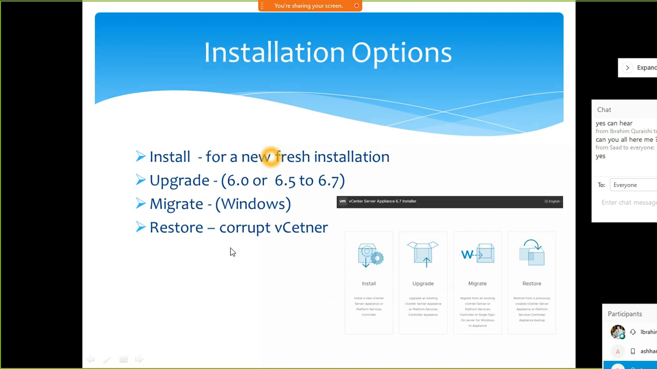The installation option now. So for fresh installation, basically you get 3 options when you start the installation. So you get the install option for fresh installation, the upgrade option when you're upgrading from version 6 or version 5 to 6.7, and then we get the migrate option,